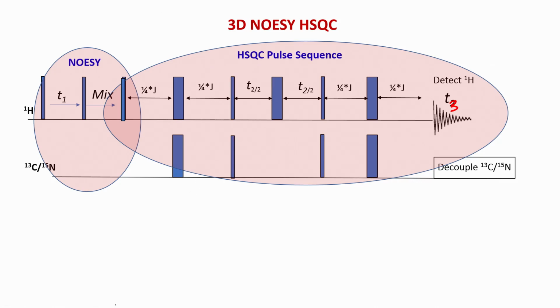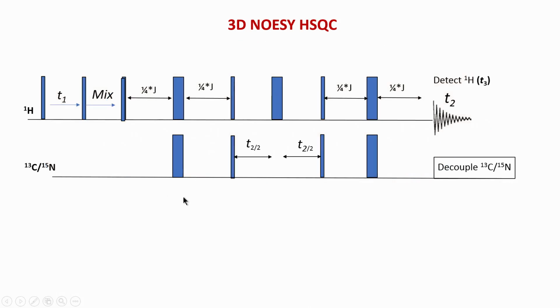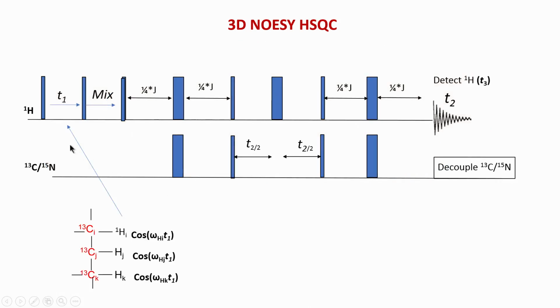Let me explain now how things go in this figure, how the magnetization is taken further. Let us start from this picture here. Now, let us go back to this. When we excite the protons by a 90-degree pulse, let us say this is our molecule, a schematic drawing of a molecule. This is hydrogen I, J and K. When I excite the protons first by this first pulse here, all the hydrogens are excited, because this is not a selective pulse, it is a pulse which is applied to all the protons.